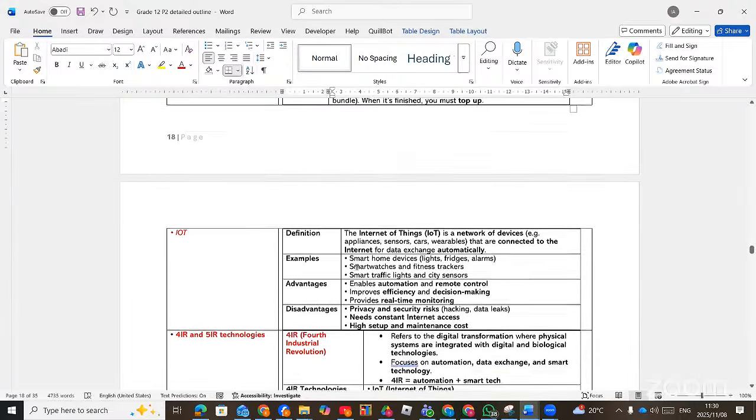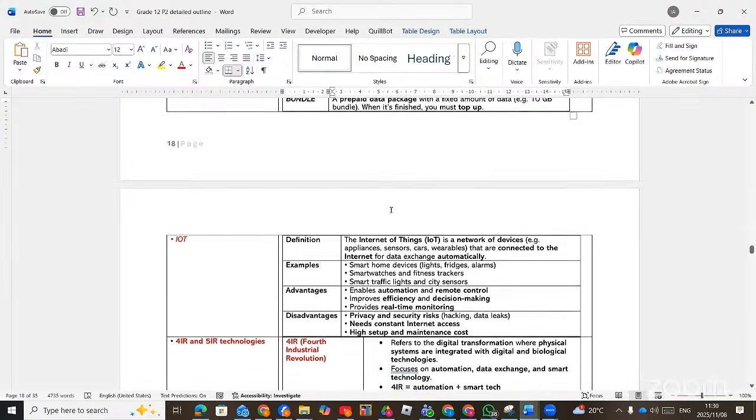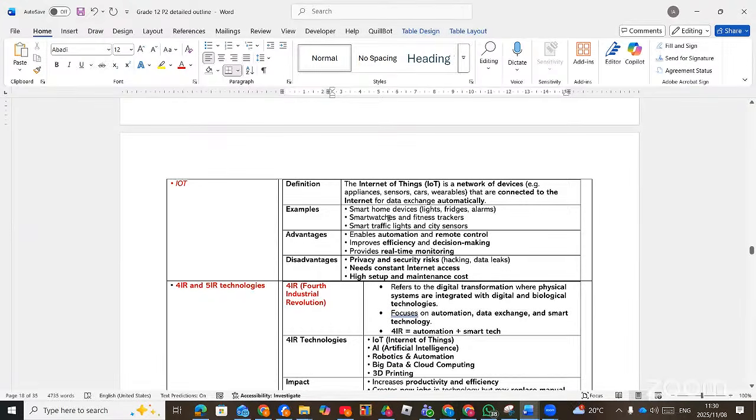Right. Now, IoT, Internet of Things. It is whereby computers or devices are connected to the internet to exchange data automatically. So you cannot just say devices connected to the internet. What do they do when they connect to the internet? They exchange data automatically. Devices like smart homes, like your light, smart fridge, and alarm systems, whereby you can connect